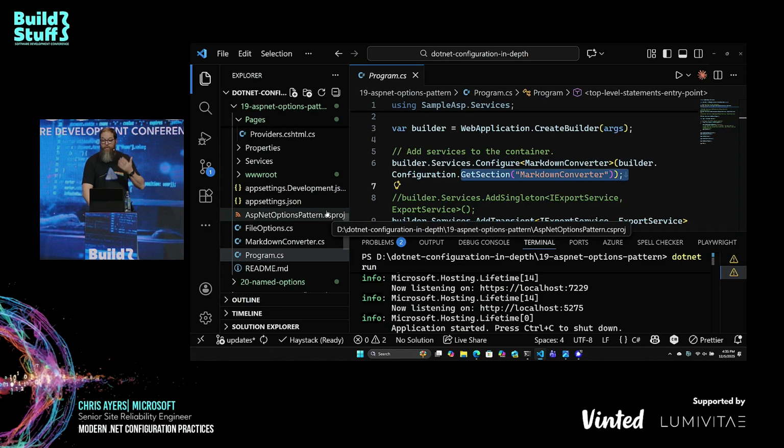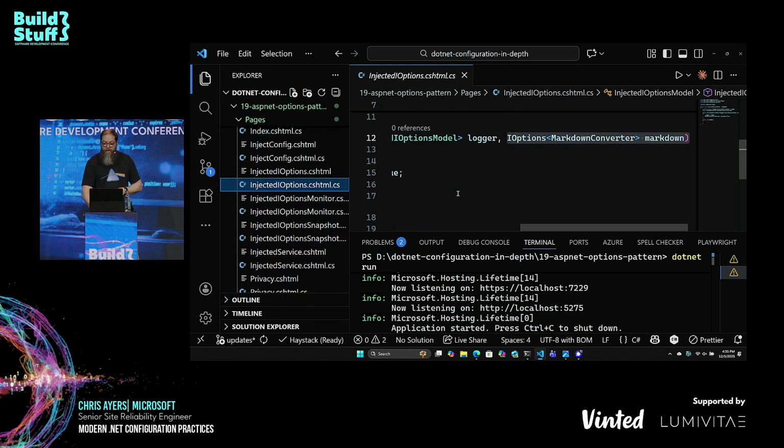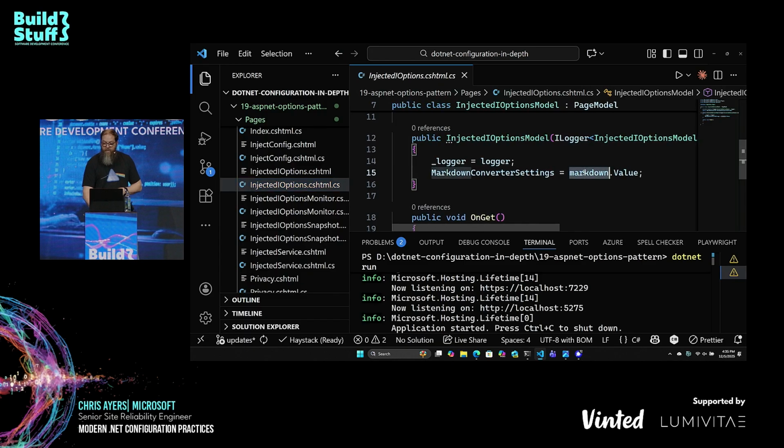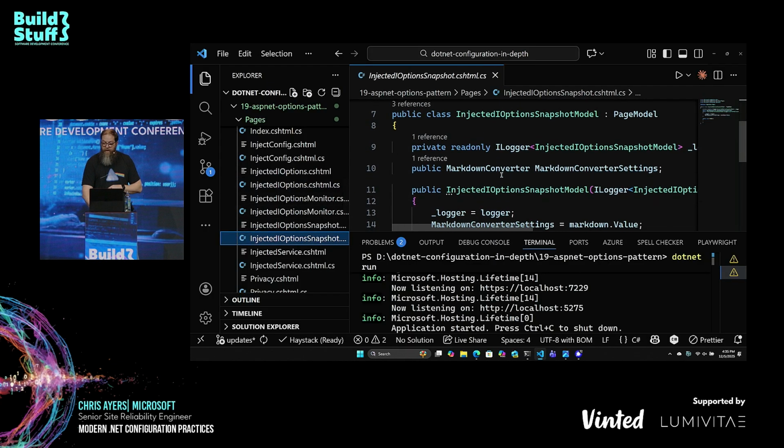And that enables me to do the dependency injection. That enables me to do the IOptions. And so now I go markdown.Value, and I have an instance of the class. I can use this. I don't have to change anything, but now I can also do